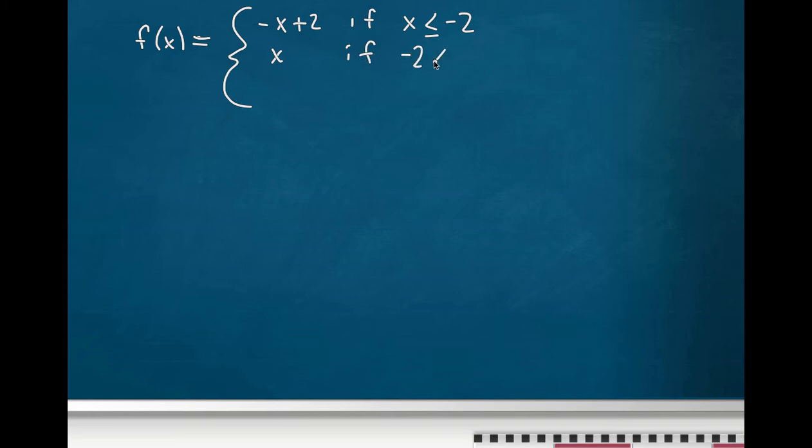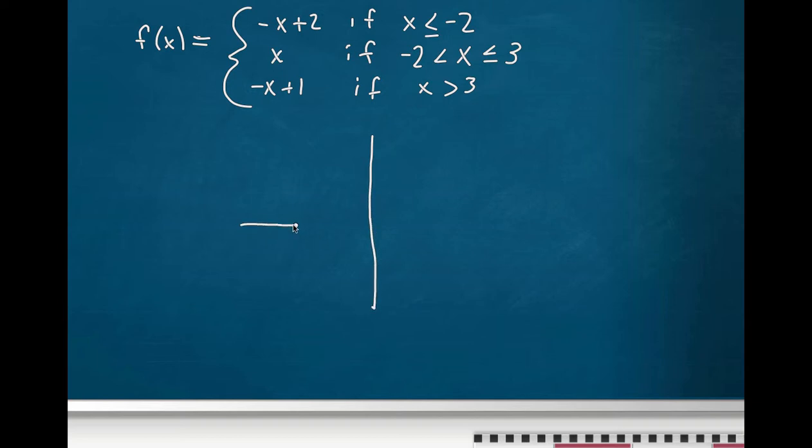x is between minus 2 and 3, including 3, but not including minus 2 in this part, and including minus 2 in the previous part. And then minus x plus 1 if x is greater than 3, not including 3 here because we've included it here. So if we think about this,